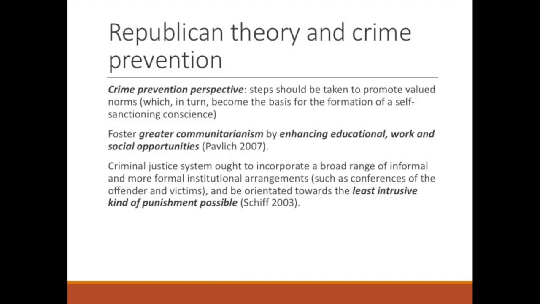So we need to foster greater communitarianism, greater social interdependence by enhancing the educational work and social opportunities available to people. So the criminal justice system should incorporate a broad range of informal and formal institutional arrangements. This can include